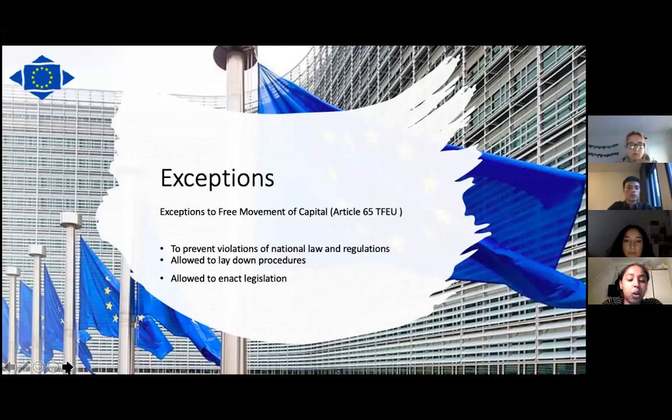The member states are also allowed to enact legislation which restricts the movement of capital if the restrictions are justified on grounds of public policy or public security. The Court of Justice found that regulations of a member state safeguarding supply in the petroleum, telecommunications, and electricity sectors in the event of a crisis would constitute a public security reason, and therefore an obstacle to the free movement of capital might be justified.